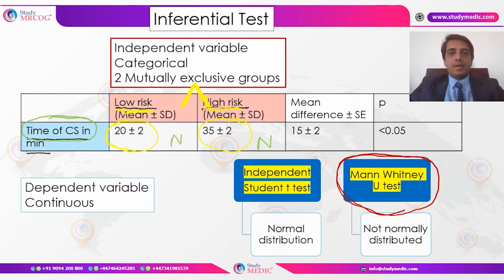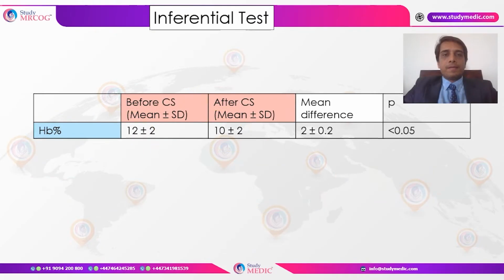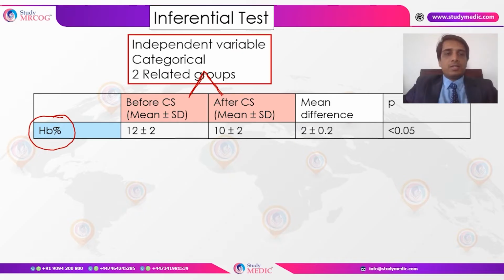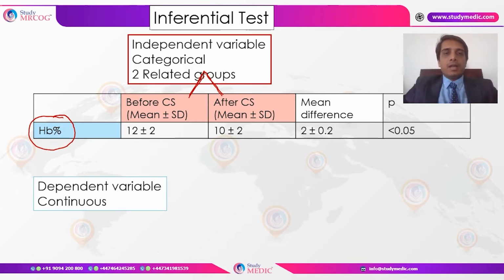Now we will go ahead and see another example. Here we are trying to find out the significance of the difference in mean hemoglobin concentration between two groups, before and after treatment. Now hemoglobin concentration is a continuous variable, and there are two independent categorical variables, but these are related groups,